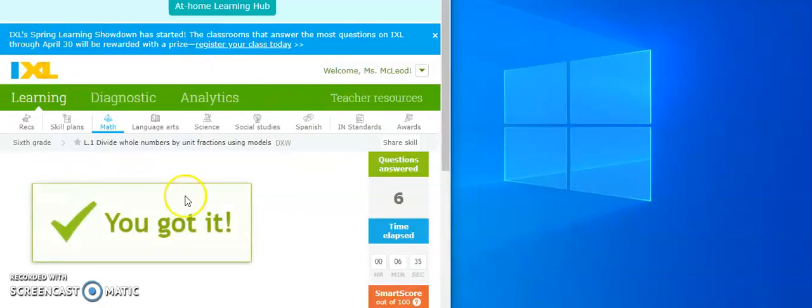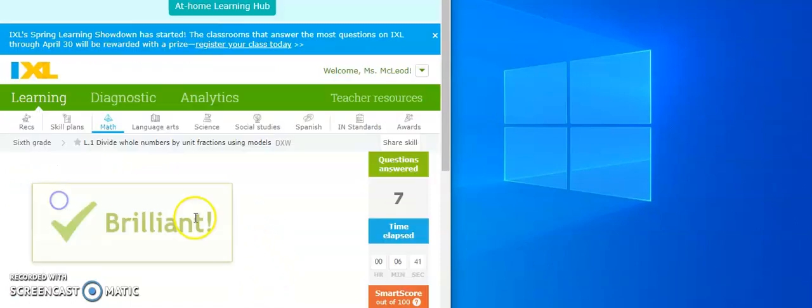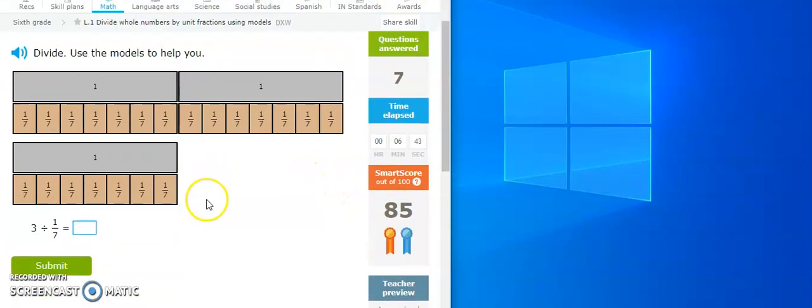So these ones all have models, so these ones are all pretty straightforward. And again, 1 divided by 1/8 is just 8. Okay. And even when I have multiple models, I can still go through and count. You'll also notice that with 1/7, I'm literally just dividing this by 7s. So it's the same. Count those up. 7, 3 times,